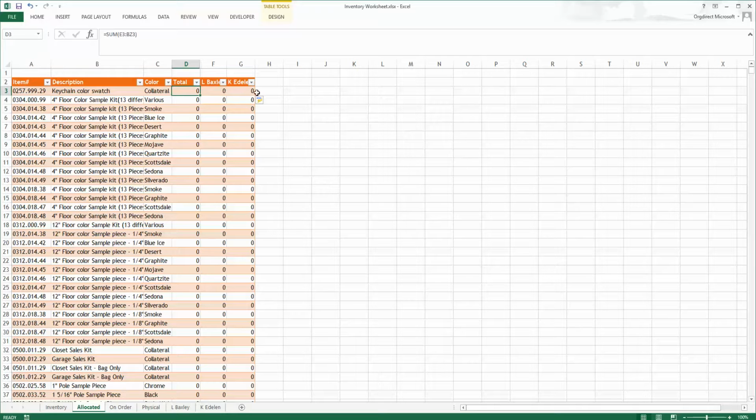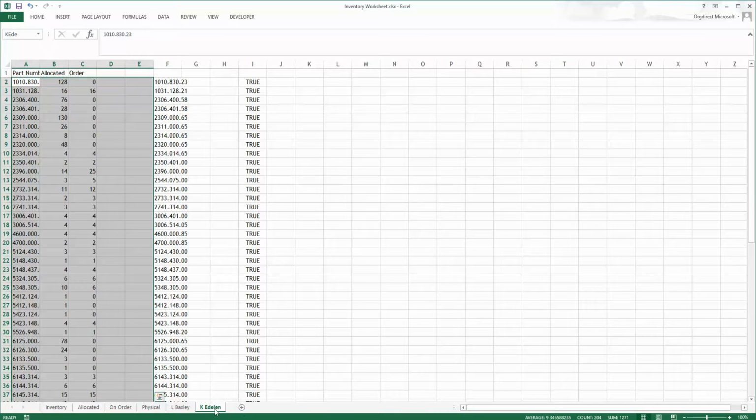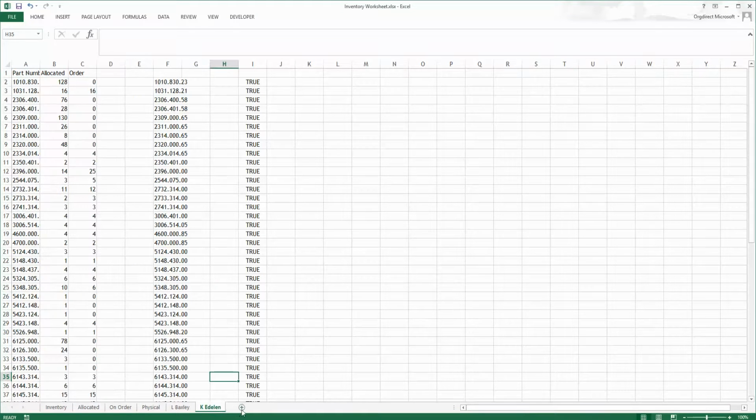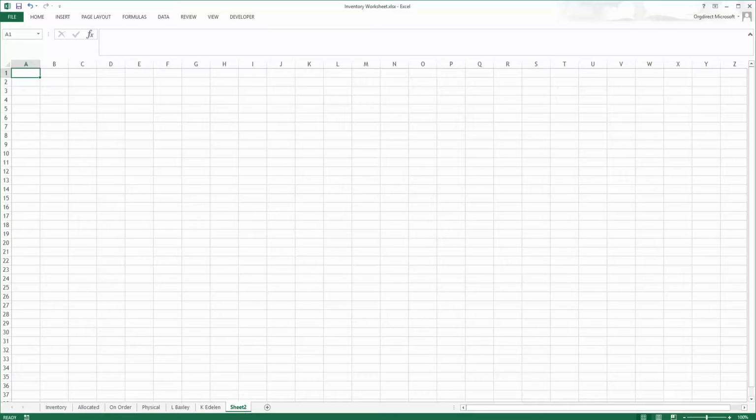And then I have one more I want to show you. It's going to work pretty much the same way. I'm going to click on this K Edelin, so I'm making sure I'm doing this at the end. I'm going to add a job. I've got one more